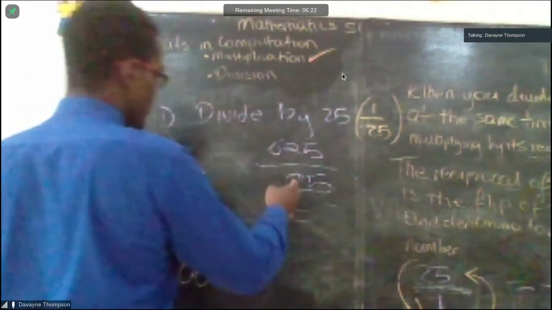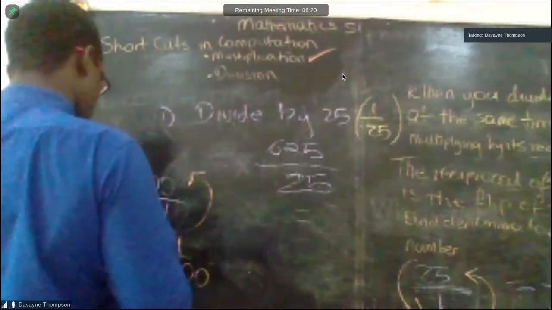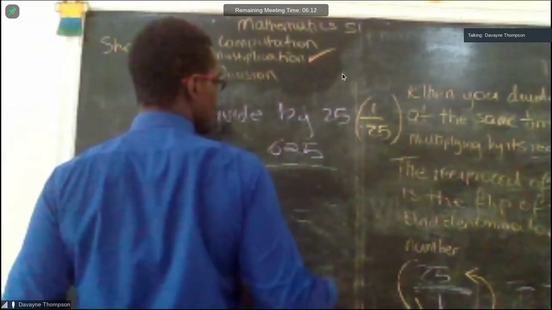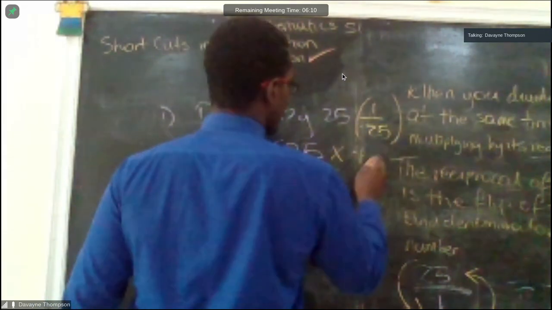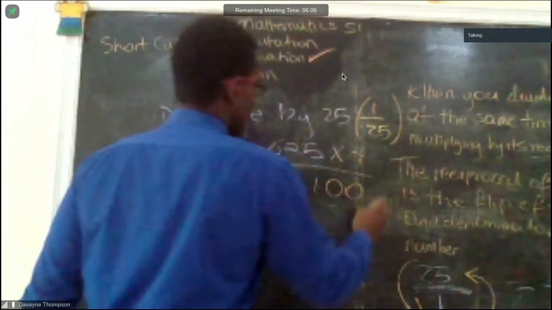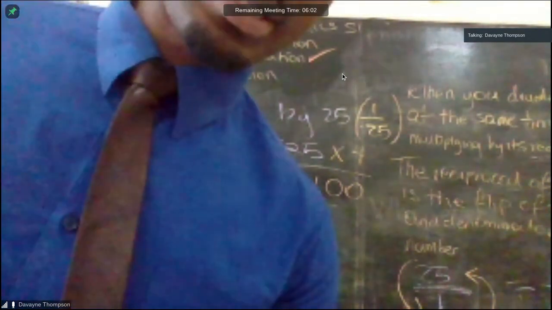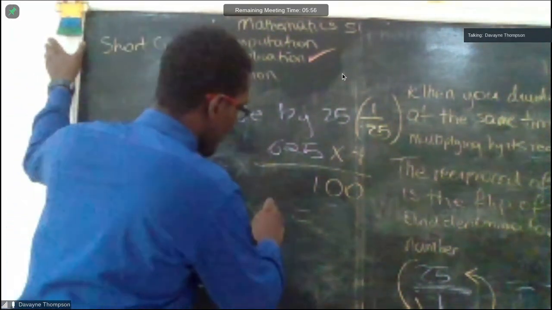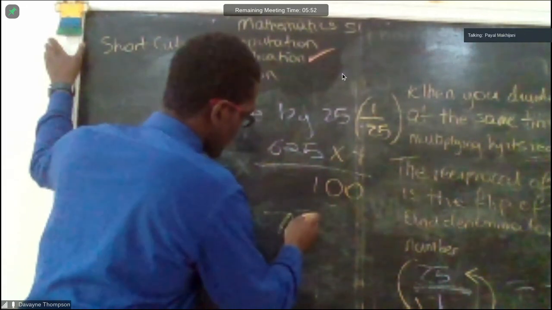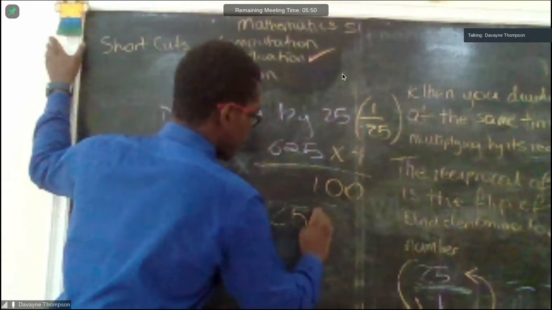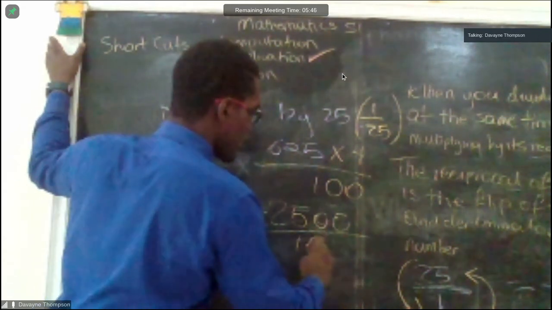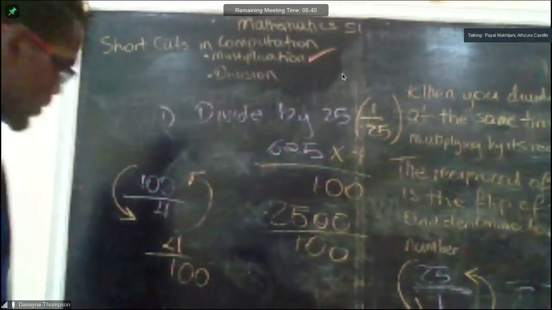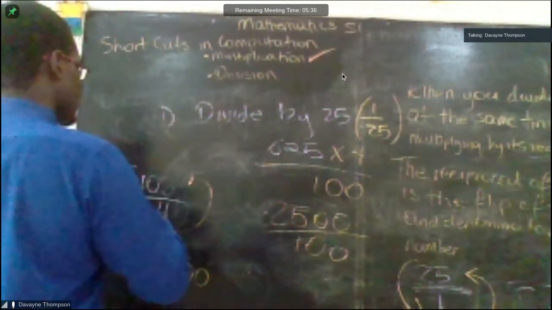Alright, so let's put the 4 divided by 100 here. We're going to say, therefore, multiply 625 by 4, all divided by 100. That would be the easier version. So what is 625 times 4, guys? 7,500? No, sir, 2,500. Right. And now what is 2,500 divided by 100? 25. Excellent. So that means, therefore,